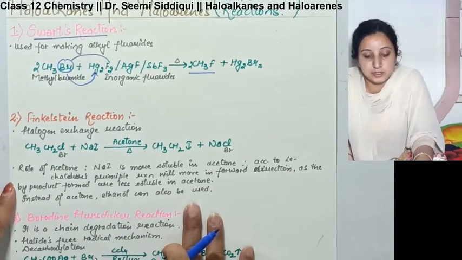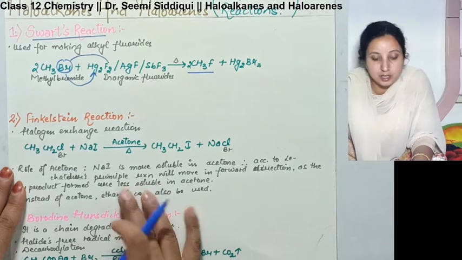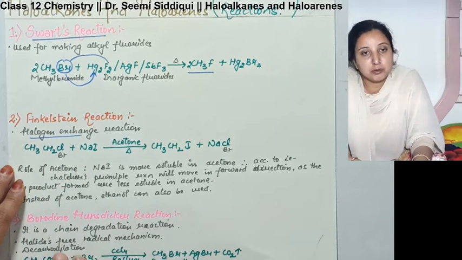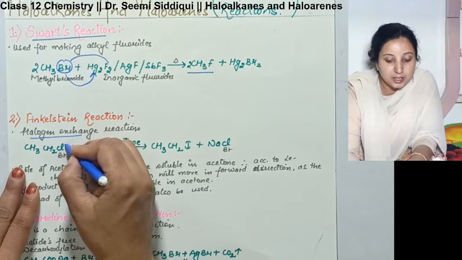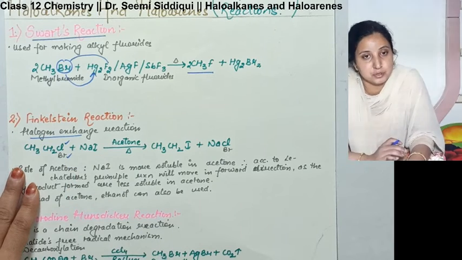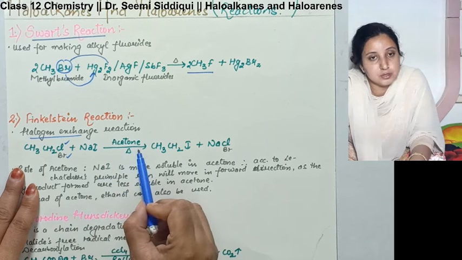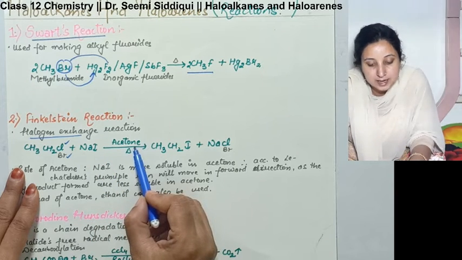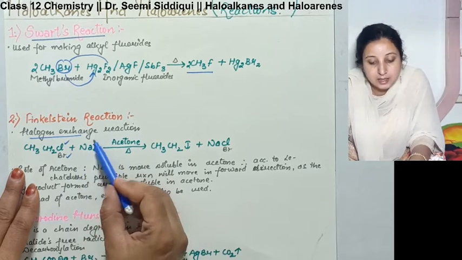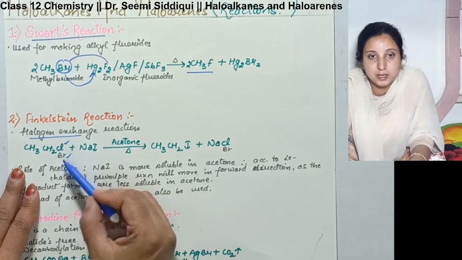The next named reaction is the Finkelstein reaction. Basically, Finkelstein's reaction is made for the exchange of the halogen. Now, whenever we take a halogen exchange, in that case, you can take either chlorine as a halogen or bromine as a halogen. This is made to react with sodium iodide in the presence of acetone. Besides acetone, we can also take ethanol over here, and what happens is that your iodide gets exchanged with whatever the halogen is given over here.